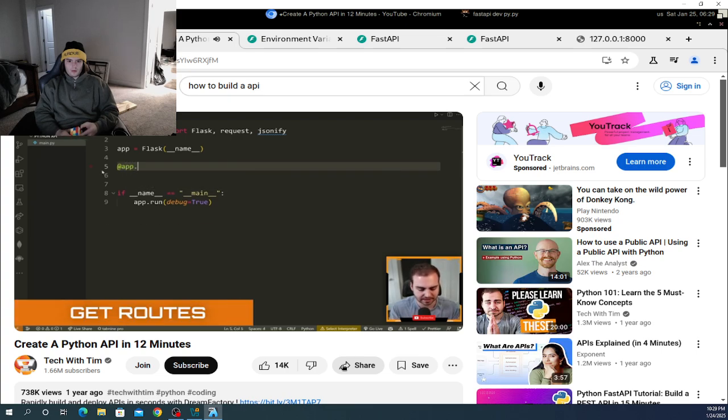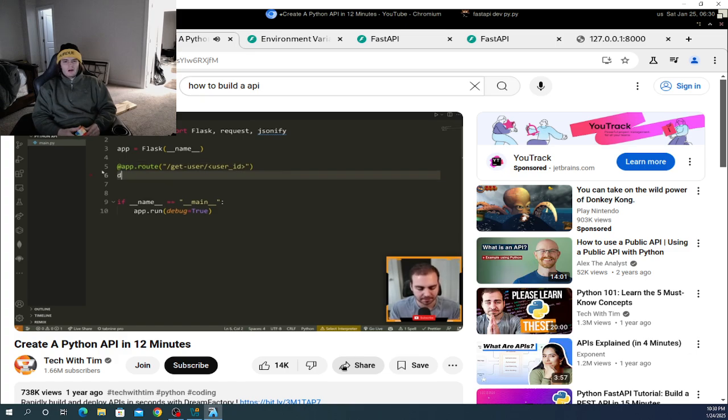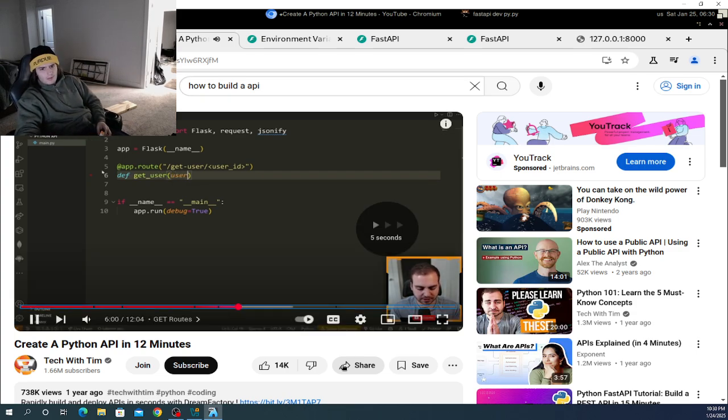So we're going to say app.route. For this, we're going to say slash get dash, something known as a path parameter, that we'll be able to access inside of our route. So in this case, I'm going to say user underscore ID. Then I'm going to make my function get underscore user, and I'm going to pass the parameter